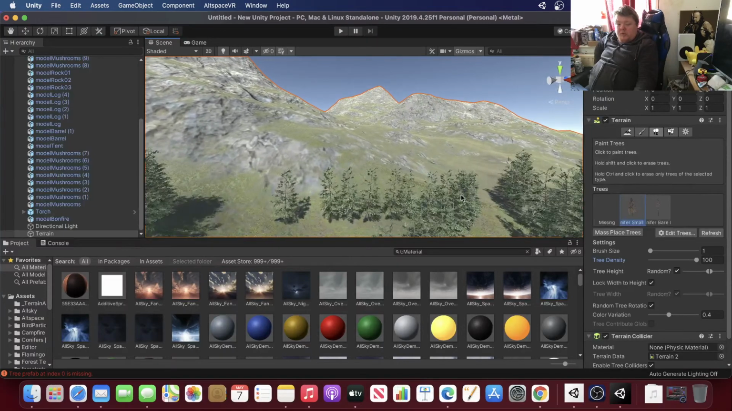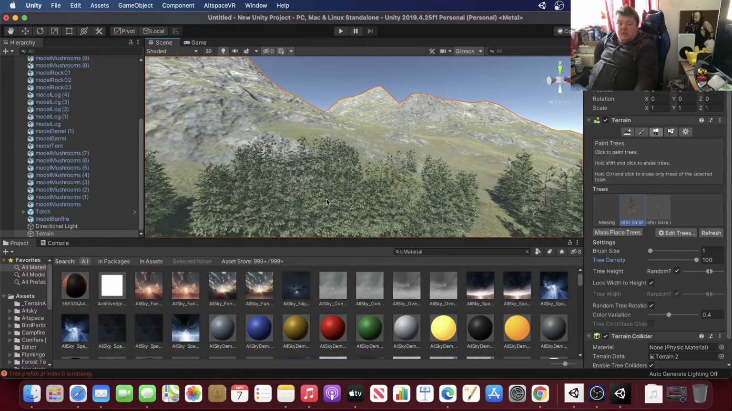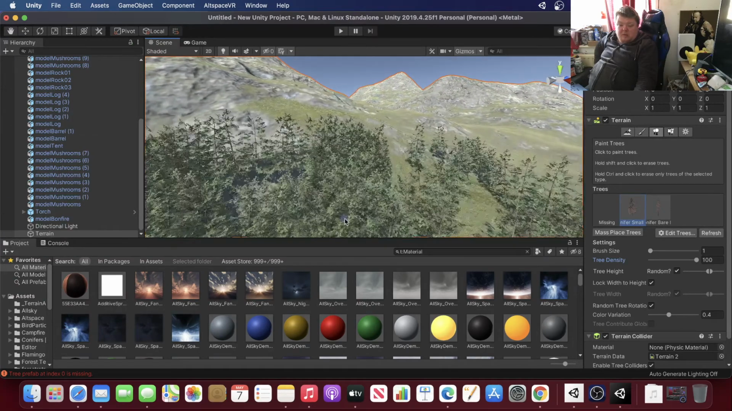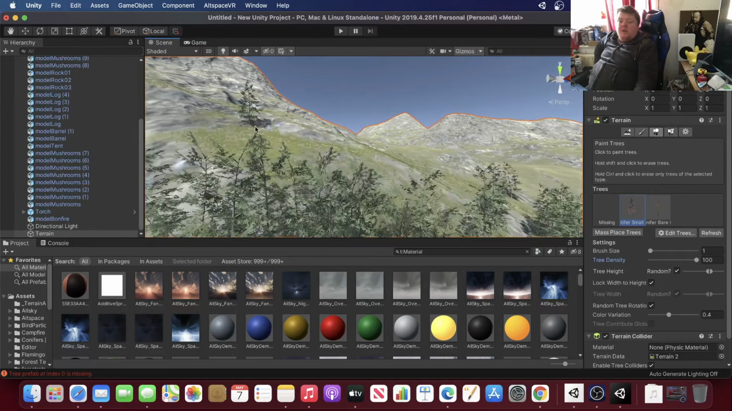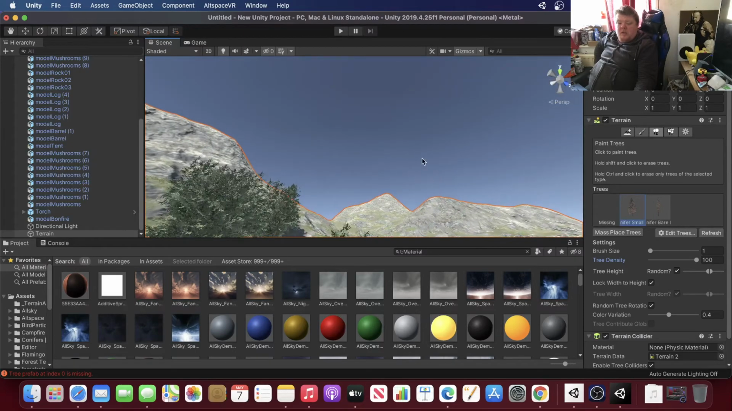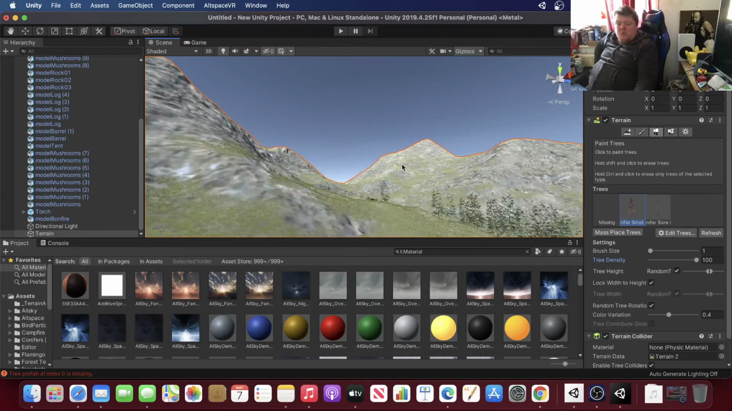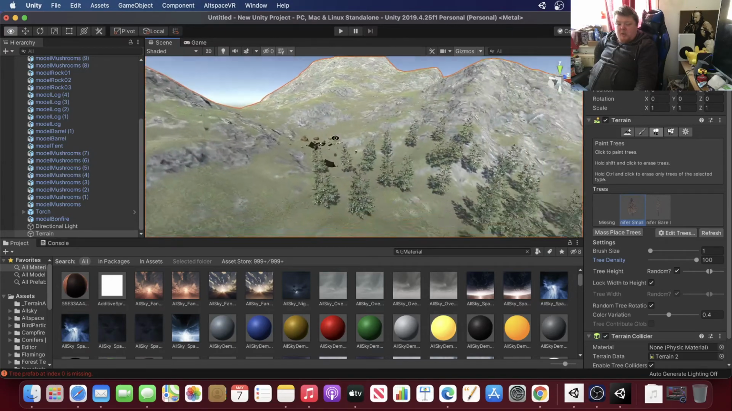just making them nice, and it mixes them up as well, and all the terrain. But what we're going to do now is go on to the next part of this